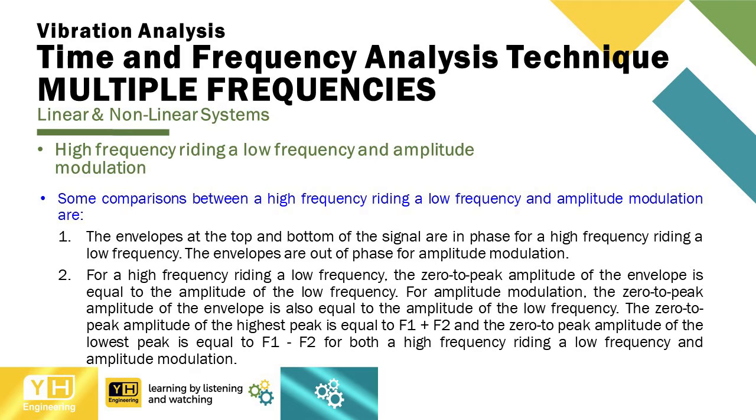of the low frequency. For amplitude modulation, the zero-to-peak amplitude of the envelope is also equal to the amplitude of the low frequency. The zero-to-peak amplitude of the highest peak is equal to f1 plus f2, and the zero-to-peak amplitude of the lowest peak is equal to f1 minus f2 for both a high frequency riding a low frequency, and amplitude